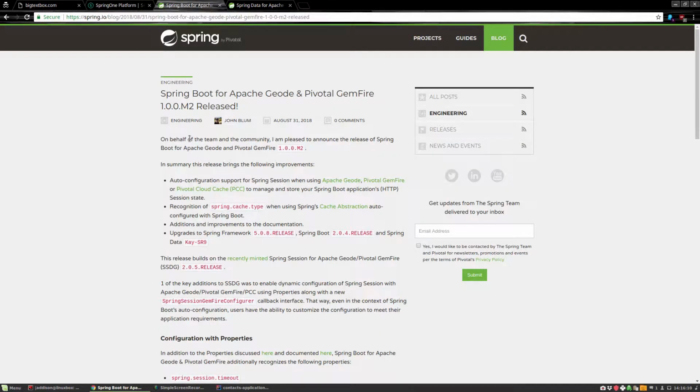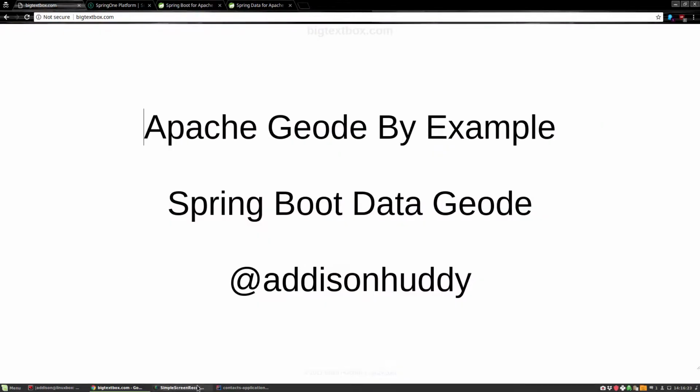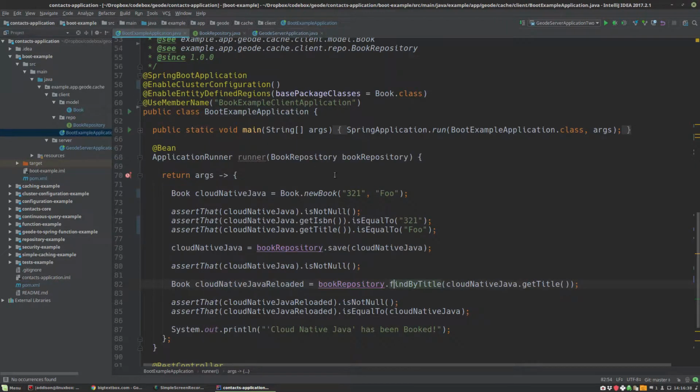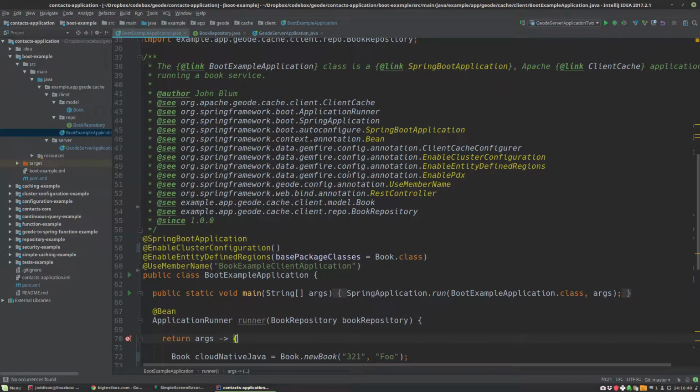So a couple weeks ago, Spring Boot for Apache Geode had their Milestone 2 release of their 1.0, and today we're going to take a look. So what do I got in this example? One of the contributors to the project, John Bloom, has this good example that we're going to take a look at here today. So first things first, we have a little client,